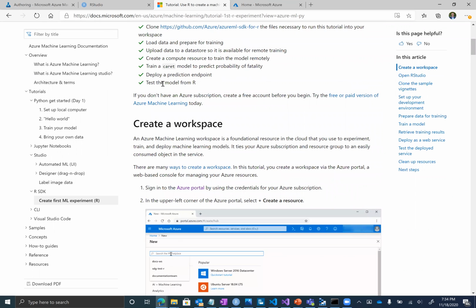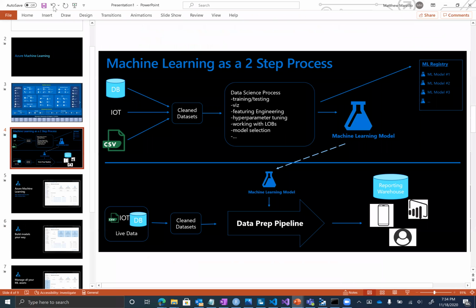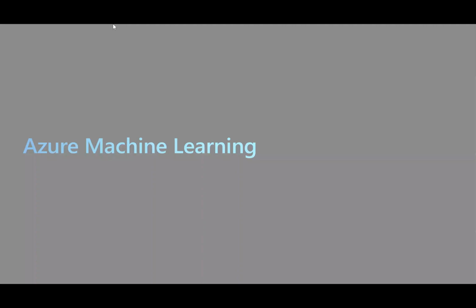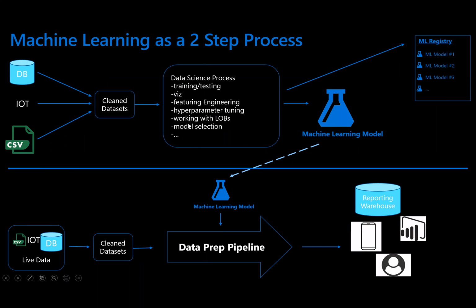Just to put a bow on everything, going back to this slide, you can see a world where maybe you already have models built in Python or R. I'm sorry, I don't know why this isn't working. There we go. So maybe you live in a world where you've already done your thing above the line. You've already built models in R and Python, and maybe you're using the caret package or scikit-learn. You might say, hey, I don't need automated machine learning, I'm doing that anyway.